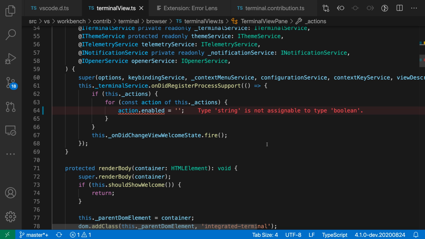Now, the Error Lens extension also includes some more advanced options. You can configure how this error is actually being displayed. You can configure things like the delay, how long it takes to show up once you introduce an error. You can even enable it or disable it for certain types of warnings. So for example, you might want to only have it report errors inline and not show these inline errors